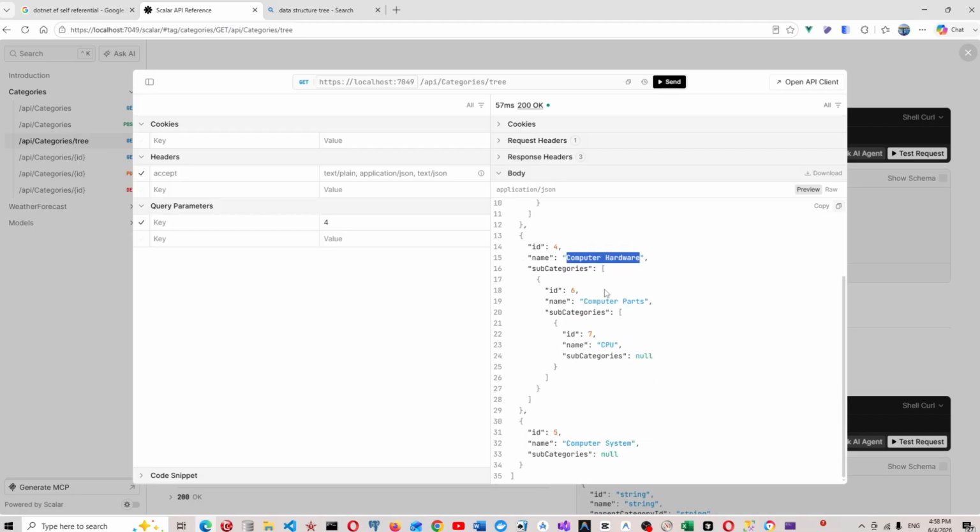So computer hardware is a root node, and this root node has subcategories. Subcategory computer hardware has subcategory of computer parts, and computer parts, this node has a subcategory of CPU. So to create an API with this tree structure, we are using that one-to-many self-referential,